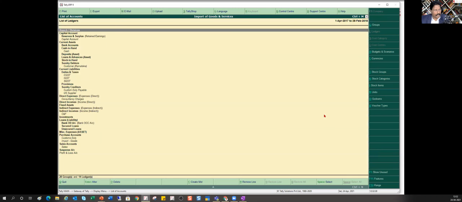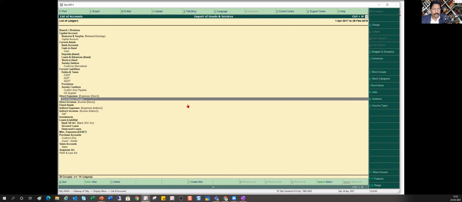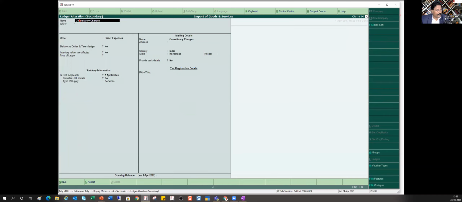Now I have this consultancy charges, and this is the import of service that I'm doing. I have created this item called consultancy charges, which I'm importing. It doesn't matter, you can put it under purchase, direct expenses or indirect expenses, it is your choice.